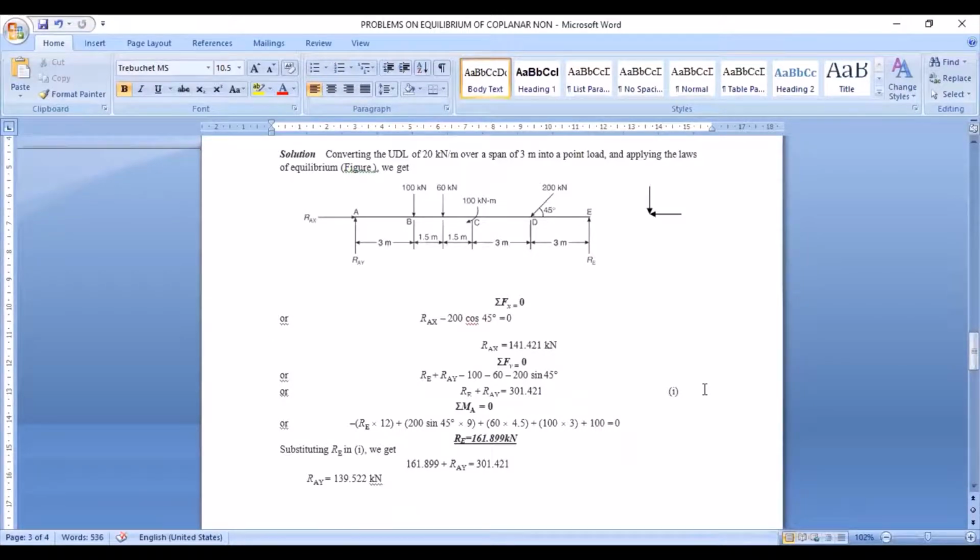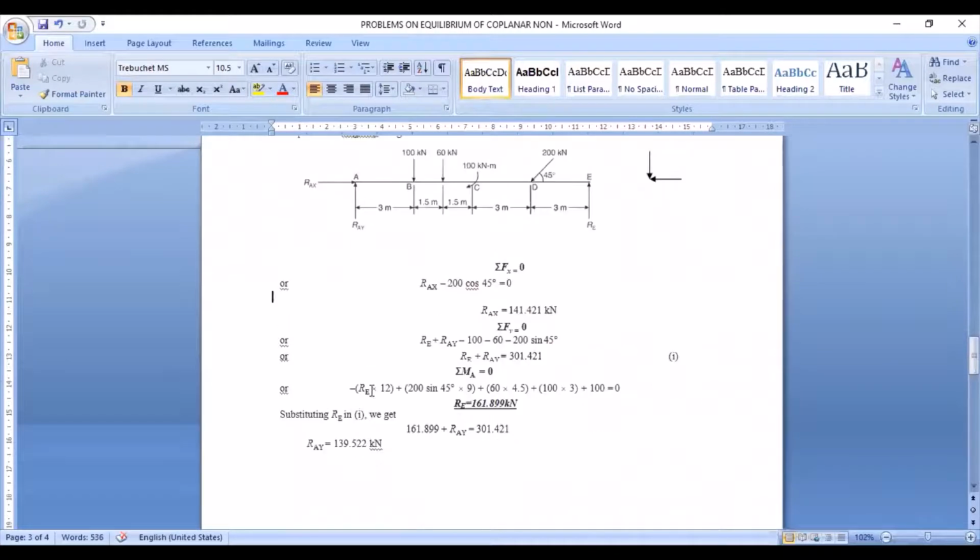So you should keep this one thing in mind. And since this moment is clockwise, we have taken it with the positive sign. So let us count the number of components once again, to ensure that we have not left out any of the components. Initially we had 8 forces totally acting on the beam, and 3 amongst those 8 were passing through the moment center. So we should have 5 components. Let us count. So this is 1, 2, 3, 4, and 5. So we have covered all the forces.